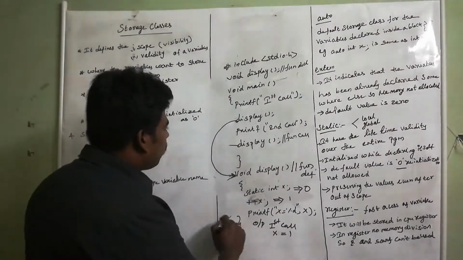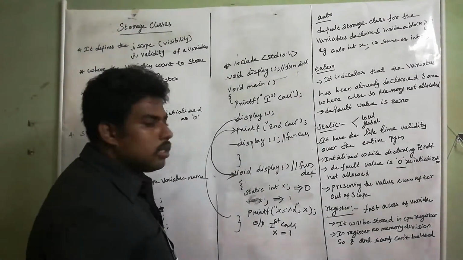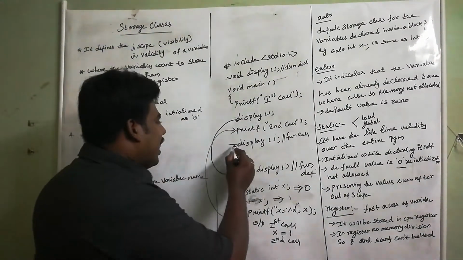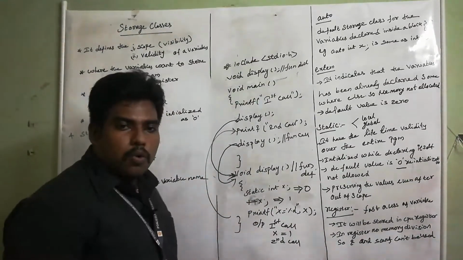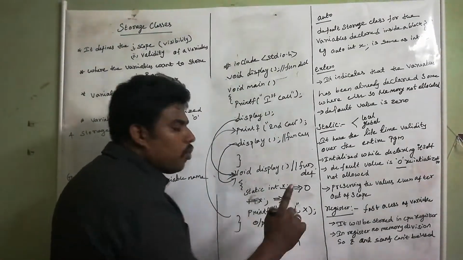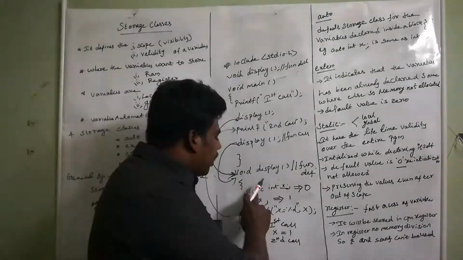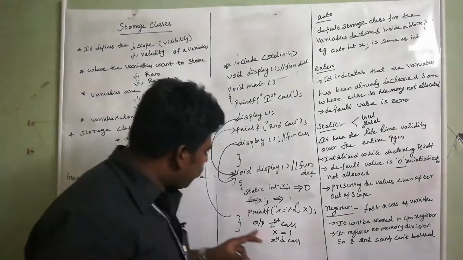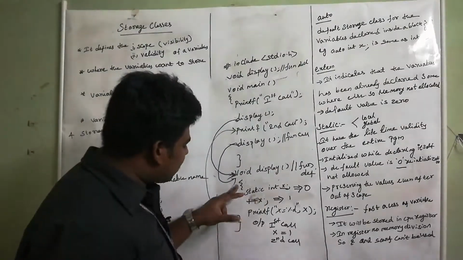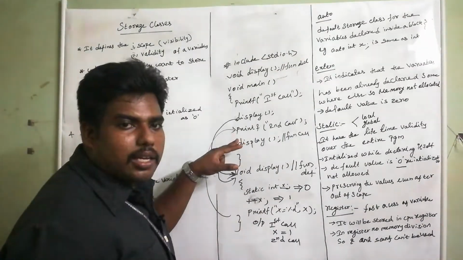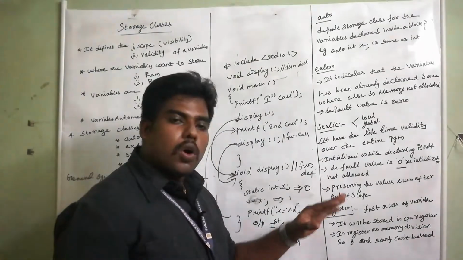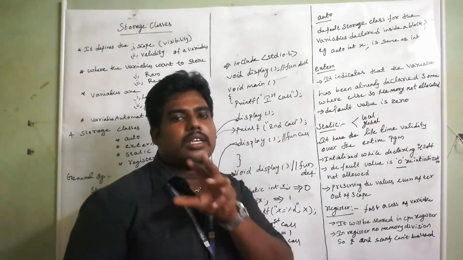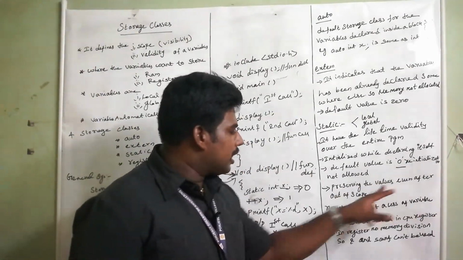Okay, again it will return back here. Print second call. It will show second call. Now again display, it will call the definition. Now what's the x value, whether 1 or 0? If you are not using static, your x value is 0. But with static, your scope ended here. For this x your scope ended here. Again you are going back and coming here. Even though the scope is over, it preserves the values. That's the important difference in static: preserving the values even after the scope.